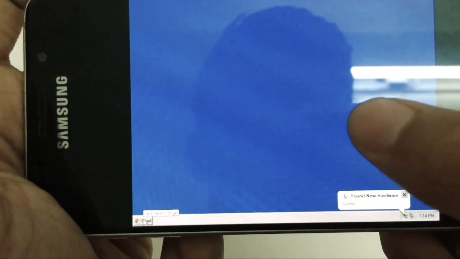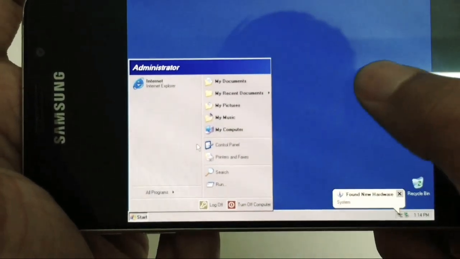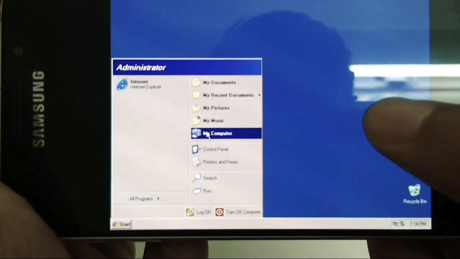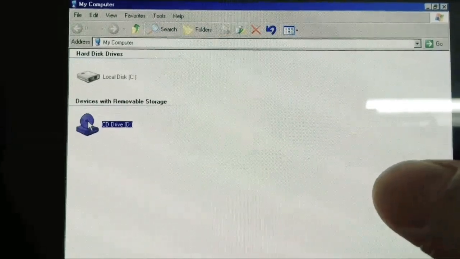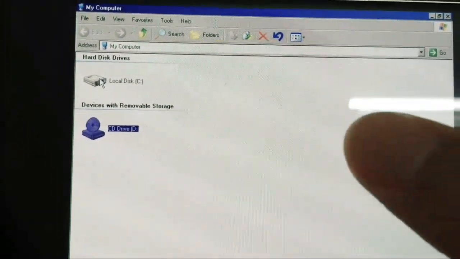Now we reach the home page. Click start and go to my computer. You can see CD drive D and local disk C here.